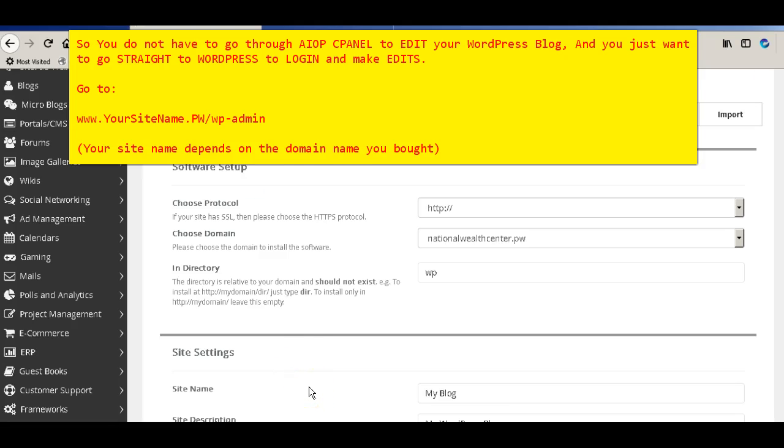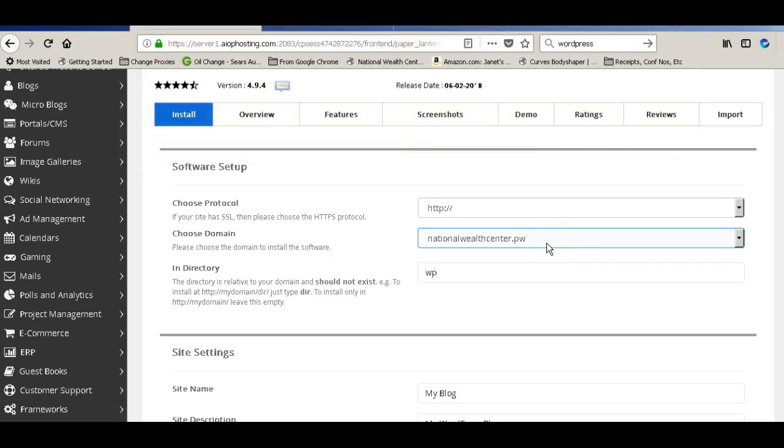You will go to your domain name .com or .pw /wp-admin. Or in this example, my domain name is nationalwealthcenter.pw. Okay, and then /wp-admin, so that I could just go straight there to log in to make changes to my WordPress without going